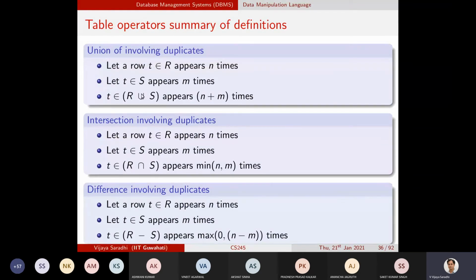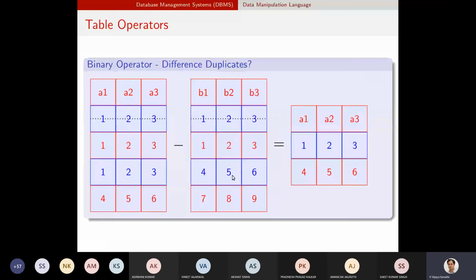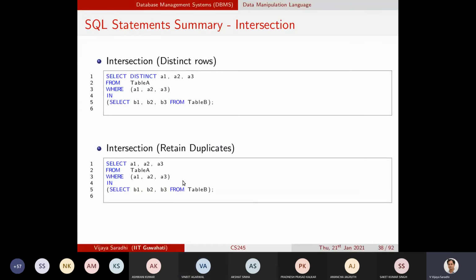If you take the intersection, if a row is appearing in table R n times and the same row is appearing in table S m times, the intersection must give me the minimum of m and n. This is what you are saying and it is precisely correct. Whatever statement we have here must adhere to this. And in this one it appears that it will give 5 records.